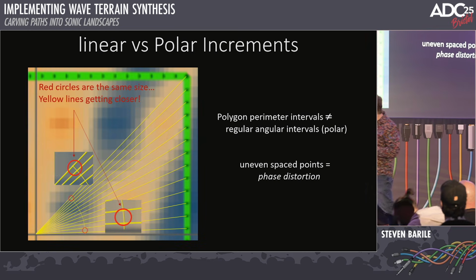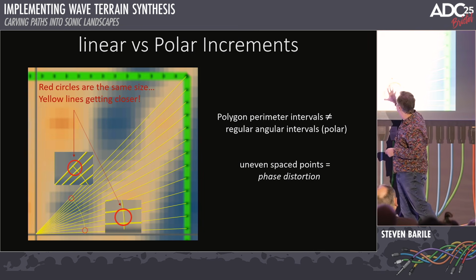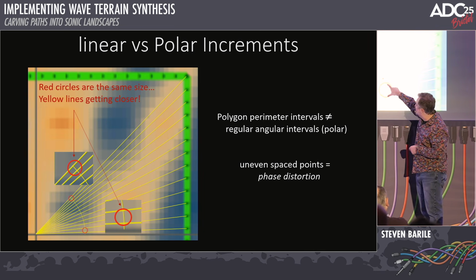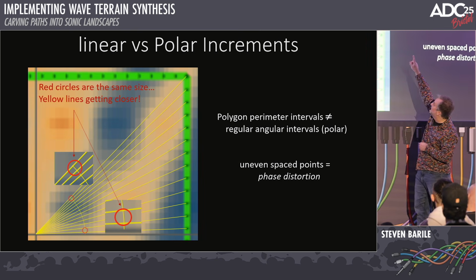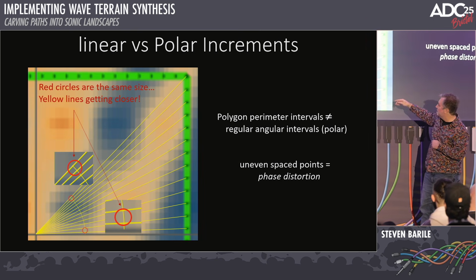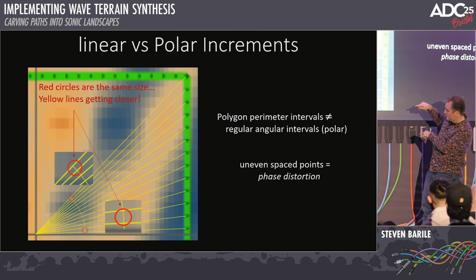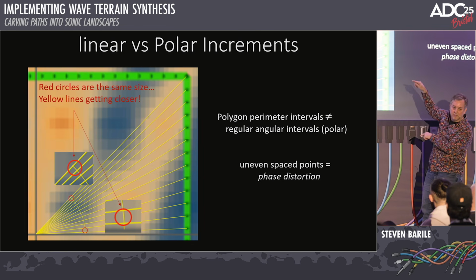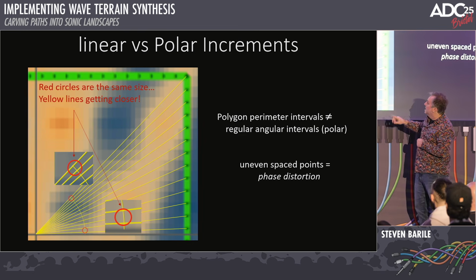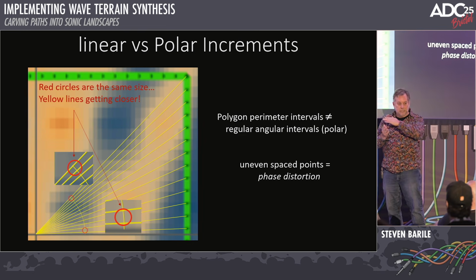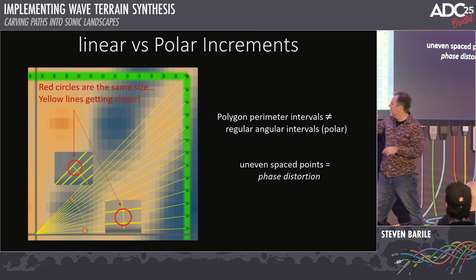I took little screenshots of this and made them bigger. You can see these points are equally spaced, calculated by lerping from the first point to the second point of each line segment. So these are evenly spaced all the way around. If I were to use an angle to sweep it, what would happen is